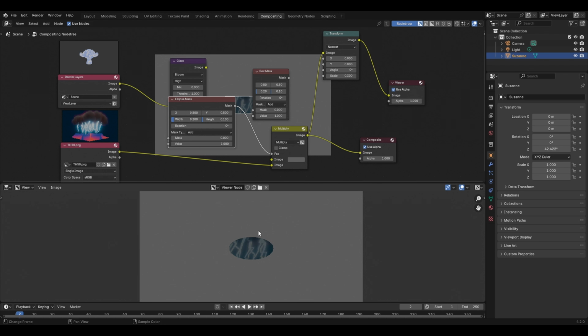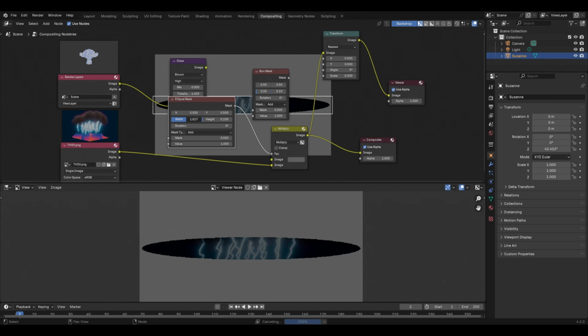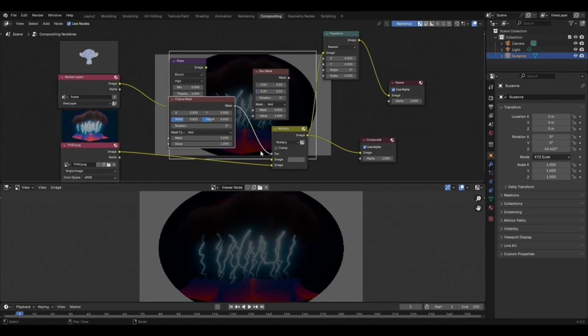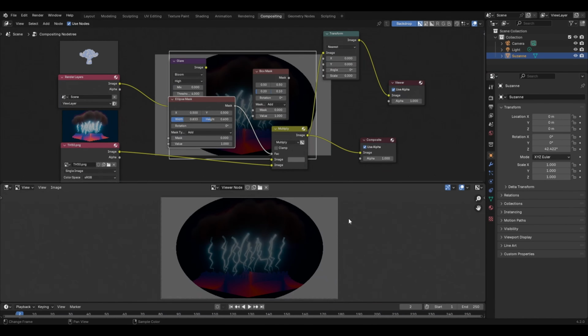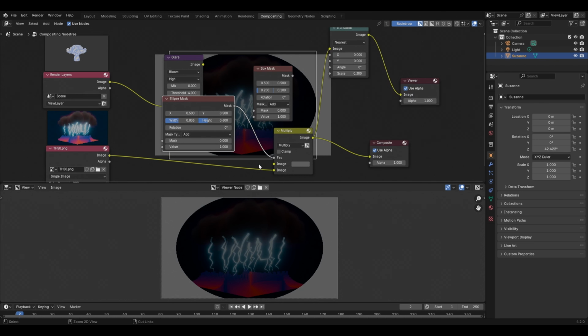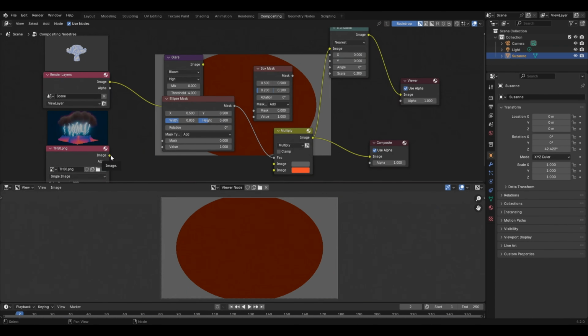So to change this area, we need to change the settings in the ellipse mask node, such as the width or the height. So first of all, I increase the width like this. Let's also increase the height. Also, we can create a vignette effect in this image. To achieve this result, first I need to break the node connection in between this image node and the multiply node. So hold down the control button, right click and drag your cursor like this. Then I'll take the image socket and connect it to the image one.